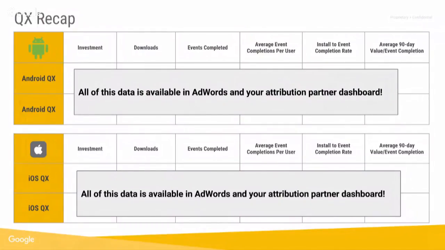Hannah touched on earlier the idea of running universal app campaigns that give us a myriad of types of events to bid towards. But if we find that, let's say, the purchase event is one that doesn't happen at a high enough frequency, what we may see is little to no scale or poor performance from a universal app campaign because it necessitates a high frequency of event completion for Conversion Optimizer to automate.